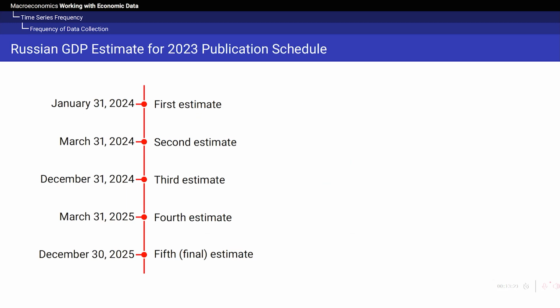This slide shows the timeline which the Russian Statistical Agency follows when publishing yearly GDP estimates. Earlier we've said that yearly data is usually more accurate. However, here you can see that in fact it takes 5 revisions and almost 2 years to arrive at the final estimate of economic activity for a given period. Clearly, such a timeline is of little help for analyzing what is actually happening in the economy at this very